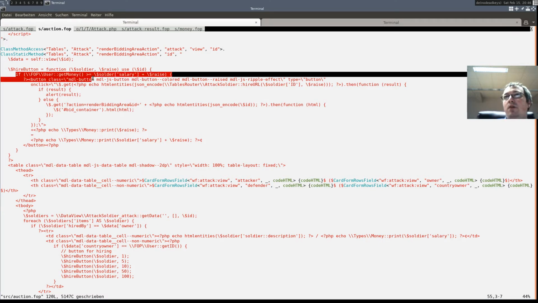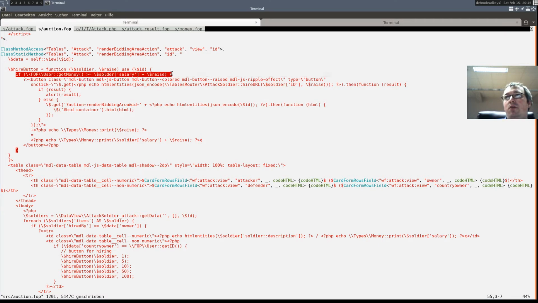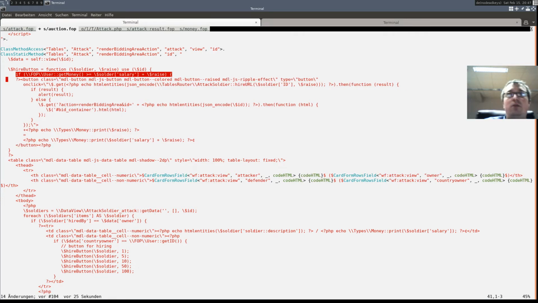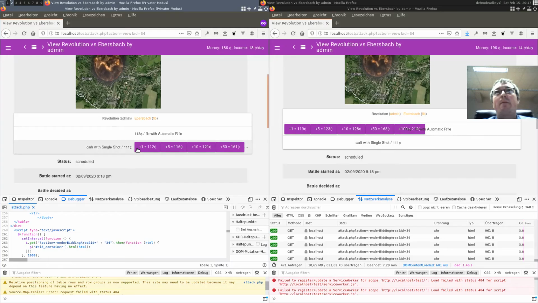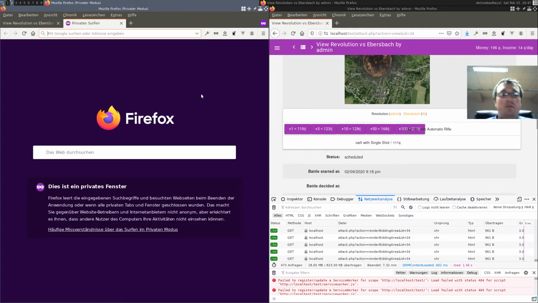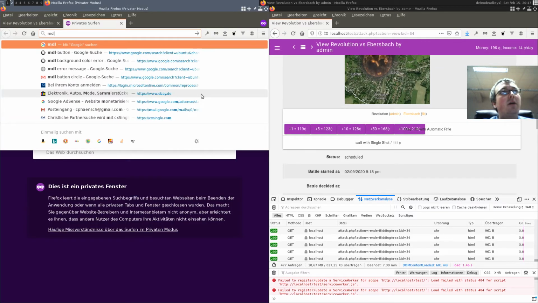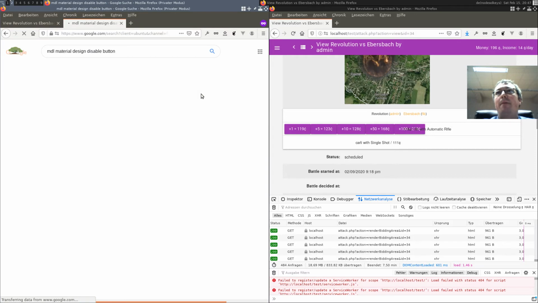So now our button is only offered if the user really has the money. Or let's better add some disabled thing. Is it possible? MDL material design disable button.